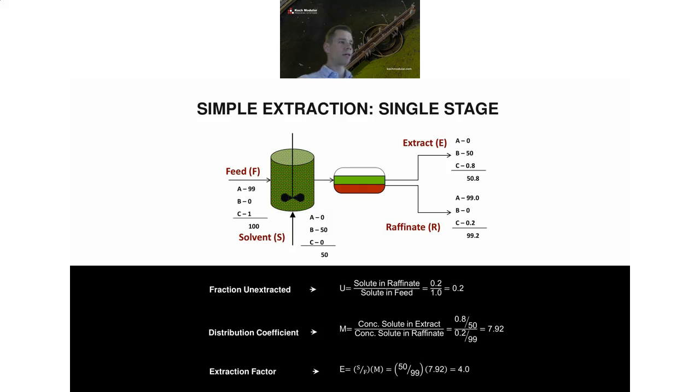So quick overview on solvent extraction. Solvent extraction is where you have some feed stream, like a wastewater stream, that contains some solute or contaminant that you're trying to remove. So this slide shows a single extraction stage. You have that feed, you contact it with an immiscible solvent, allow the two phases to mix together, allow mass transfer to take place. And then after the phases separate and decant, you're left with an extract phase and a